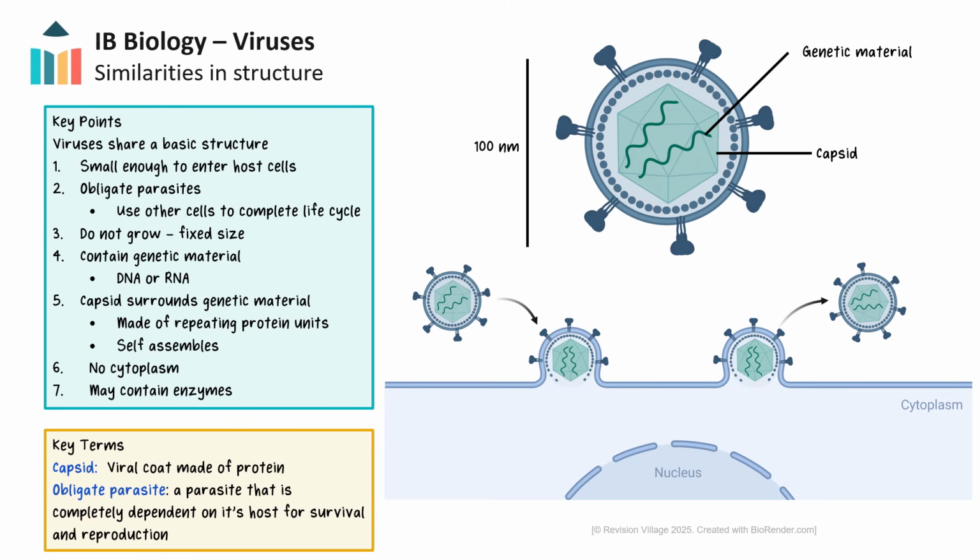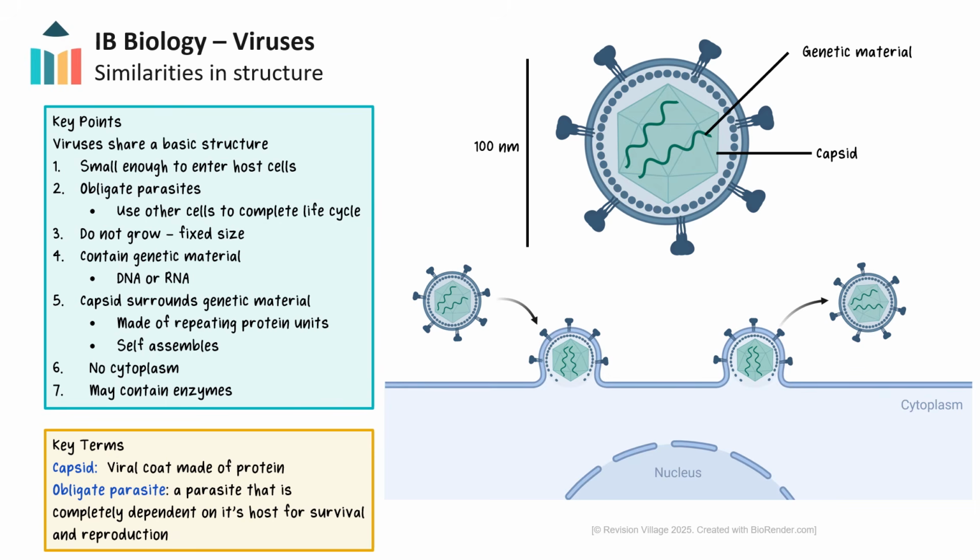Viruses remain a fixed size because they do not grow and develop, which is one of the key characteristics of life. So their size does not change. Viruses use the organelles and metabolism of their hosts for reproduction, showing they do not meet this characteristic of life. For example, they will use the host cell's ribosomes to assemble viral proteins, and the host cell's nucleotides to synthesize viral nucleic acids. Thus, they are considered an obligate parasite, or a parasite that is completely dependent on its hosts